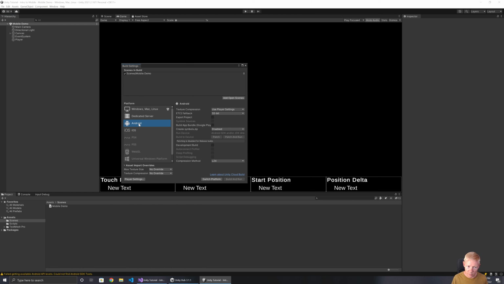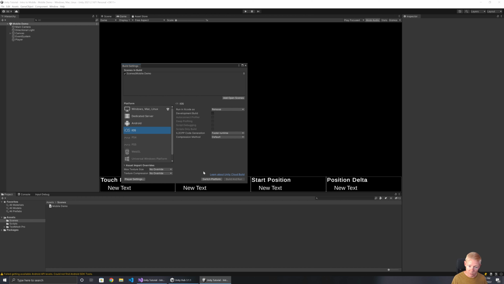The other thing to be aware of is that Android is a pretty easy one to build for. No matter what sort of device you're running on, you might be running Windows, Mac, Linux, any variant like that, you're generally going to be able to build for Android pretty easily. That's one of the great things about it. iOS is trickier. You'll be able to build, but whereas the Android one gives you an APK, something that you can actually deploy,